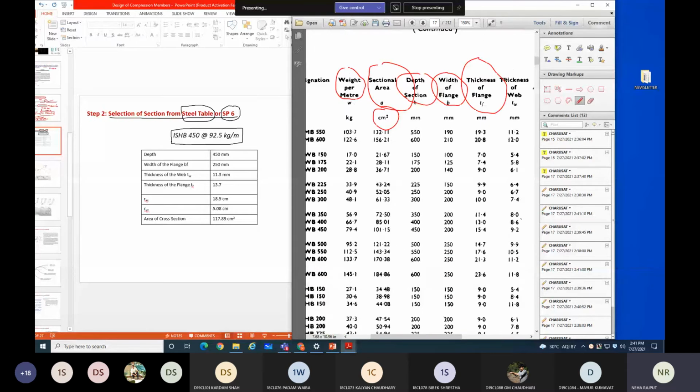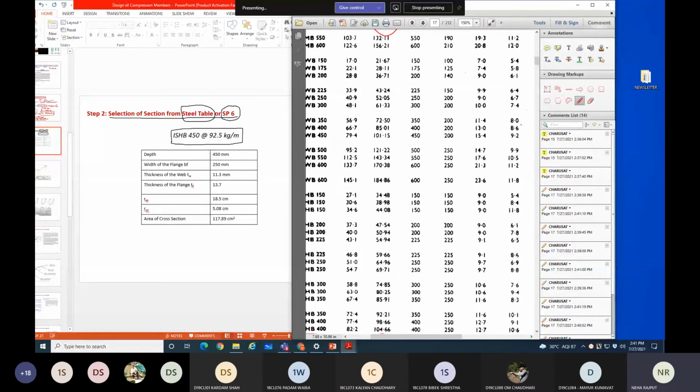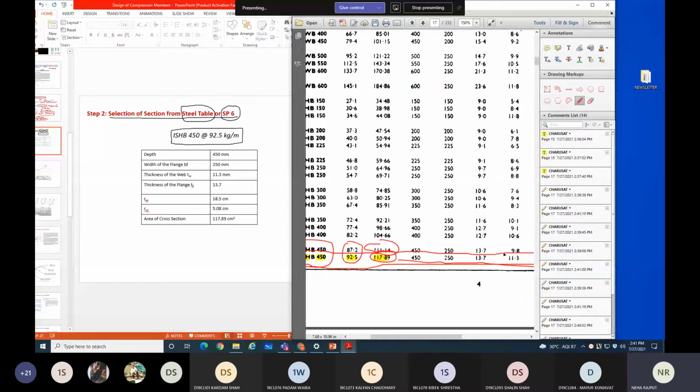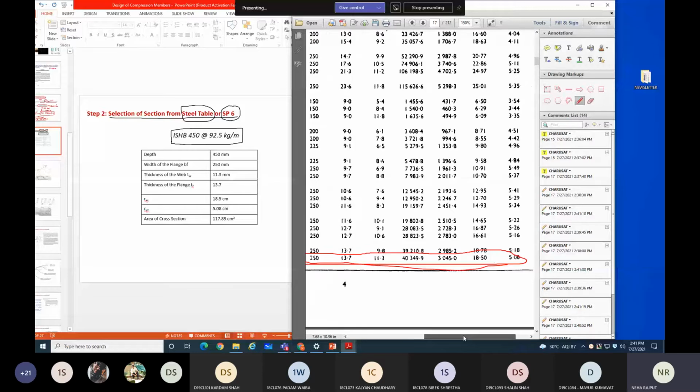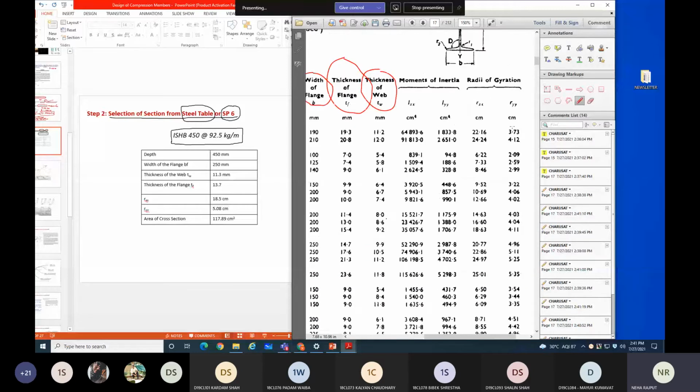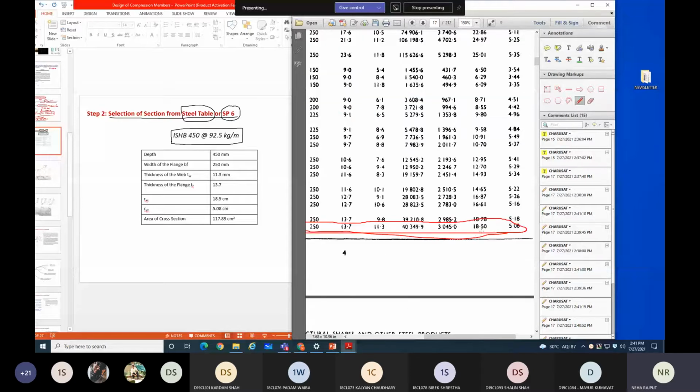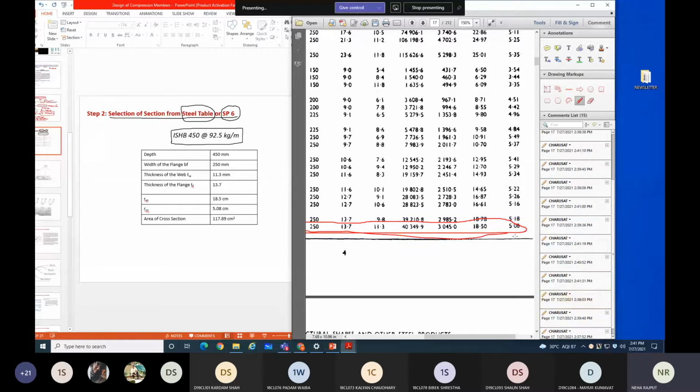Then thickness of web TW. Thickness of web is also given, 11.3. Here it is mentioned 11.3. Then you require radius of gyration RXX and RYY. So here it is mentioned 11.5, and here it is mentioned 5.08. Right. So radius of gyration also you need to write down.